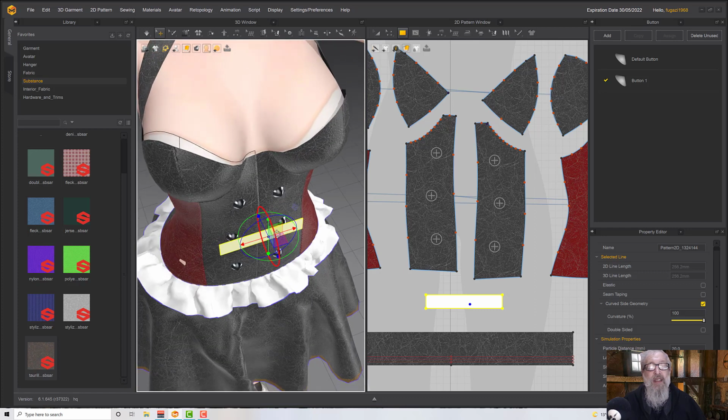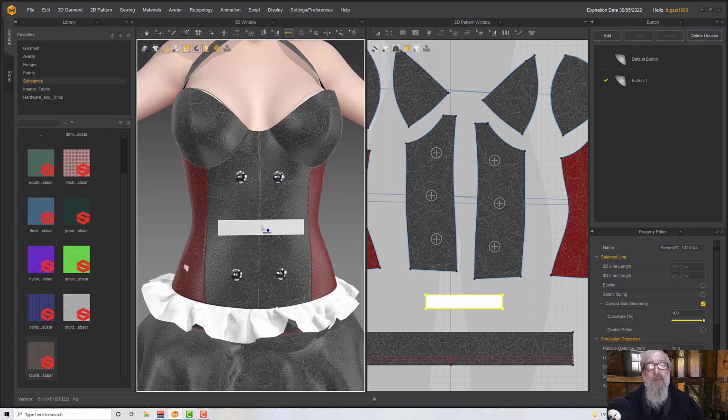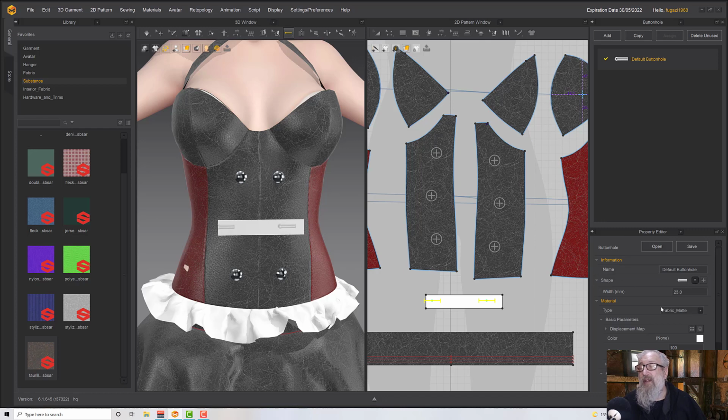Now what I need for these is buttonholes. So if we go to the button tools again and buttonhole, I can put one on one side and one on the other side. We can still move these around and change them. They're a bit big, so I now need to go to the buttonhole section and select that, and we should have a size here. We've got 23mm. I'm going to take that down to 20. That will make them a little smaller, and then